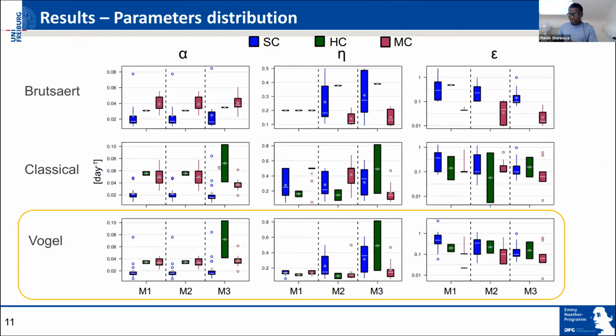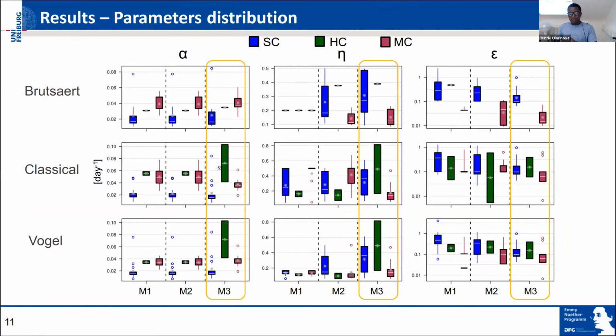compared to the other two methods. And if you look also, the M3 approach, where we have a large degree of freedom, actually has a tendency of having larger uncertainty, especially with the alpha and the eta parameters. So this could be due to a lot of freedom that we give to the model, or maybe it's the reality, we don't know, but it's one of the questions we still want to answer in our future